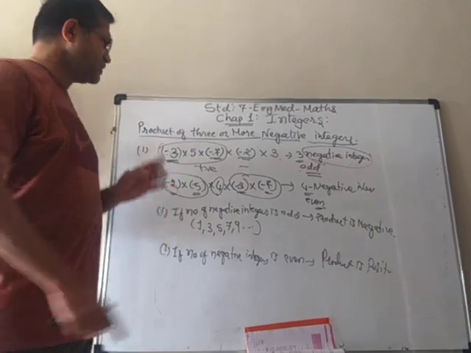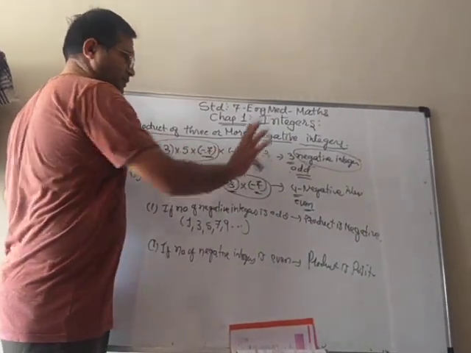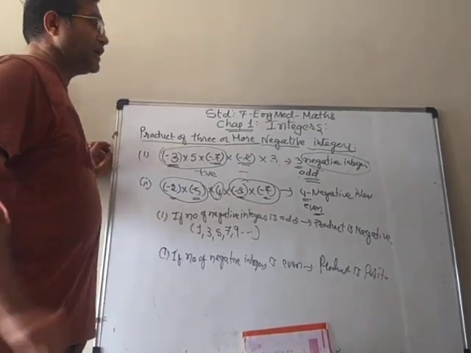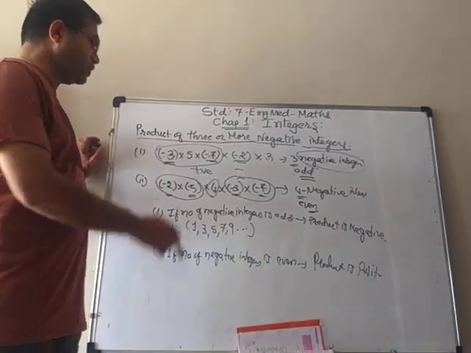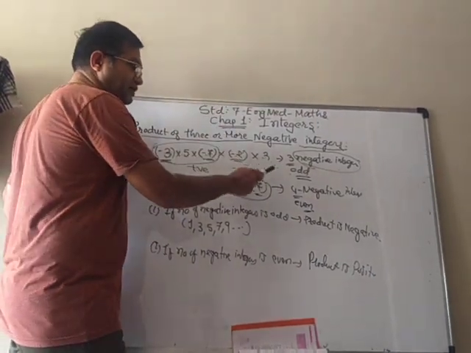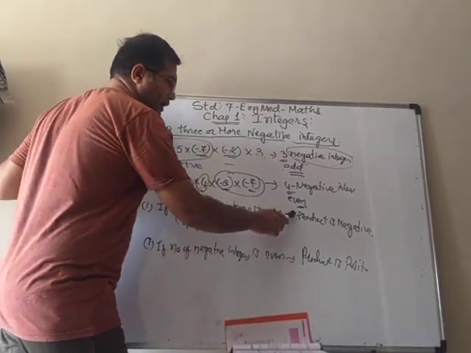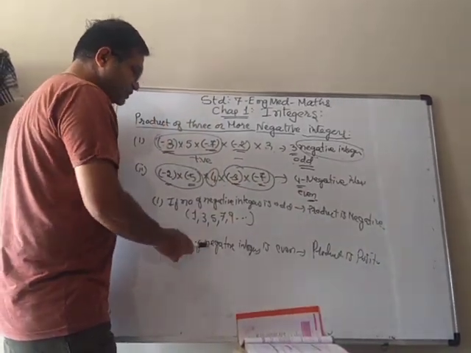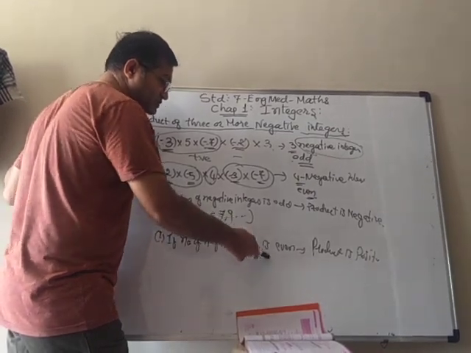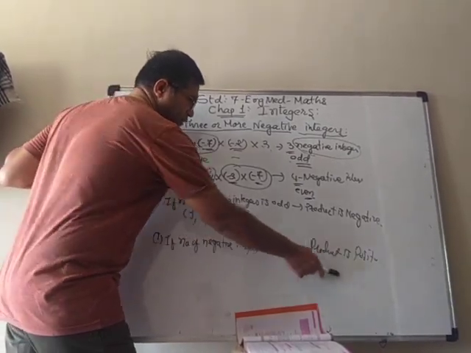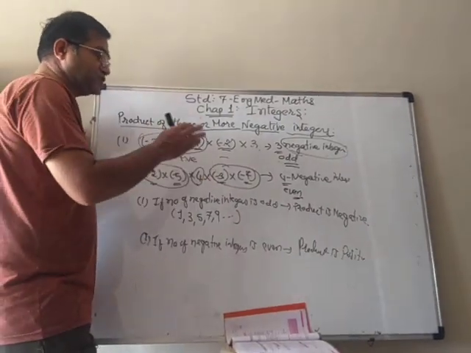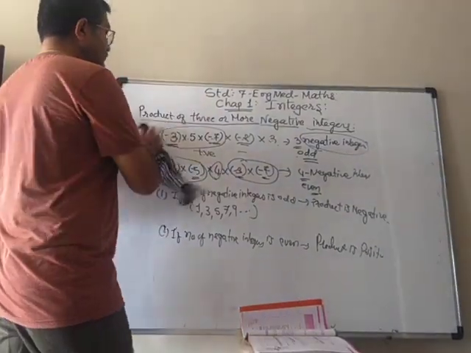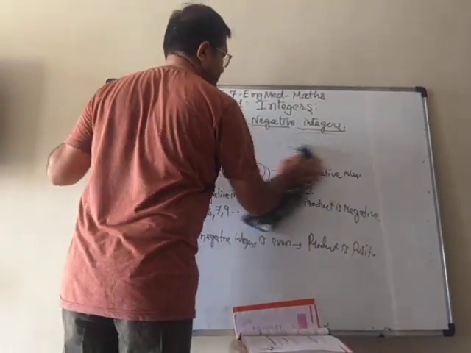Multiplication, you know how to do it. Just multiply 3, 5, 7, 2 and 3. And the final thing to remember is to put the sign, either positive or negative. So if the number of negative integers is odd, the answer gets the negative sign. And if the number of negative integers is even, then the product will be positive, meaning you put the positive sign before the answer. We can take some small examples also.